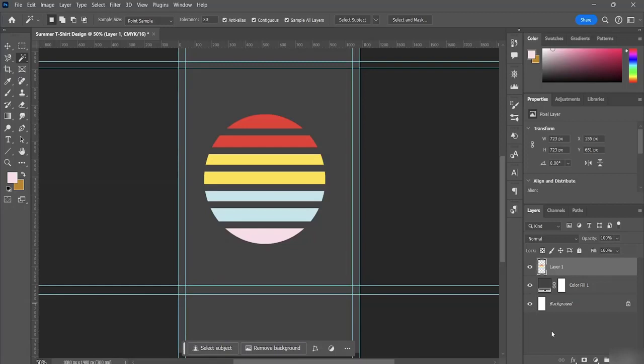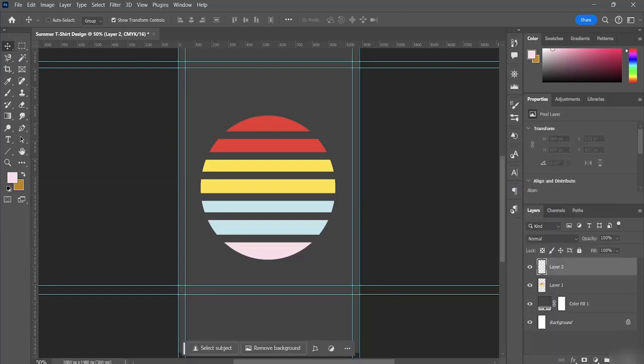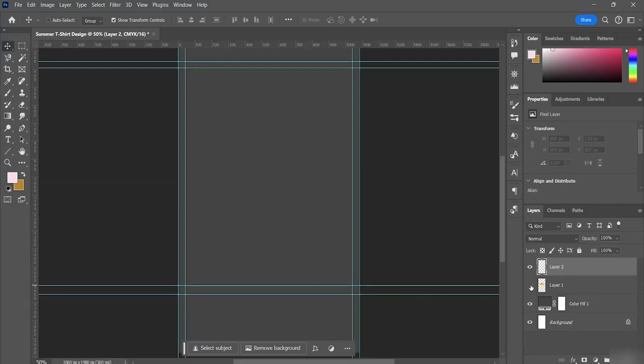Okay, so now here again I will create a new layer. Once I've created that new layer, I'll turn off this particular layer, layer number one. I can also name it according to myself. If you want to rename it, you will also be able to rename it accordingly. Okay, so once I have this new layer,